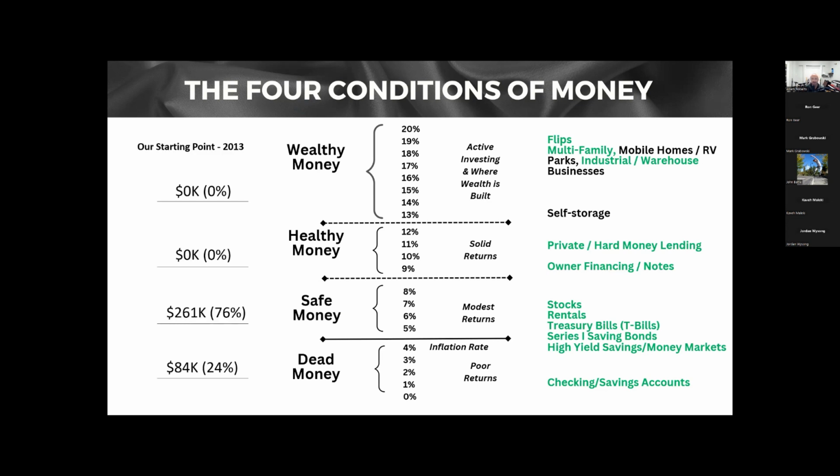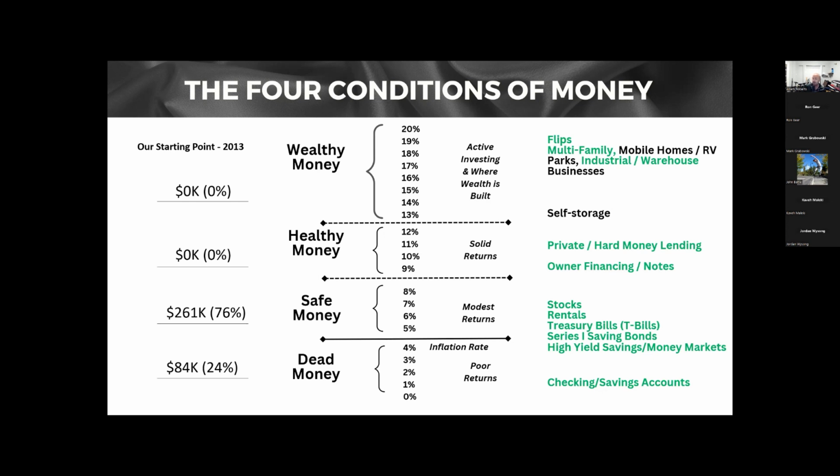And I actually went back today, and when I put together my plan, this is where my money was. I've got the amounts. This is Emily and me. I've got the amounts and I've got the percentage. So I had most of my money sitting in safe, and I had some of it sitting in debt. So 3/4 of it sitting in safe and 1/4 of it sitting in debt.